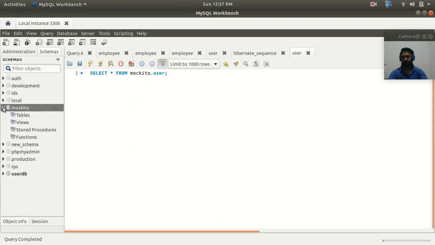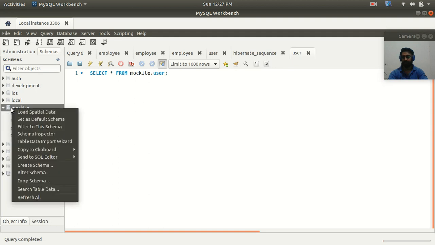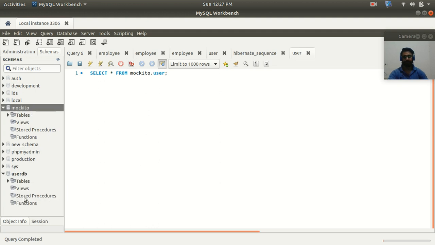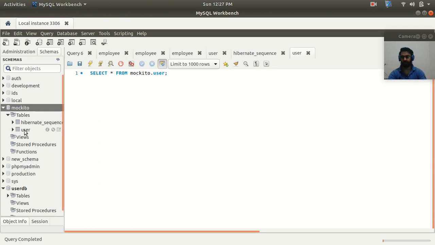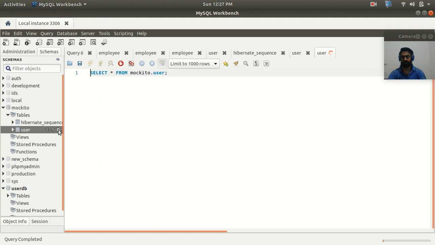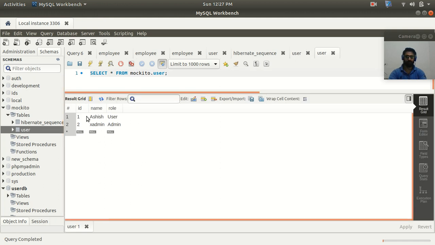This is my Mockito database or the schema. Let me refresh it. In the table part, you can see that we have created one user table, and here you can see that we have ID 1 and 2 and the data, right?